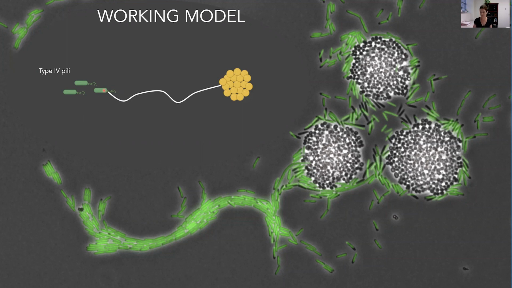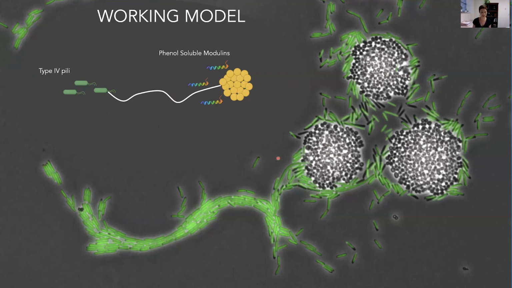We can track individual Pseudomonas cells as they move towards staph, and we see that the Pseudomonas cells move with a preferred direction towards the staph colonies, whereas when staph is not present, they move in a more random direction. We also know that the signal that staph secretes and Pseudomonas can respond to is a group of small peptides called phenol-soluble modulins. When staph is unable to secrete these peptides, Pseudomonas again moves without a preferred directionality. So we think that they're necessary for Pseudomonas to sense and move towards staph.